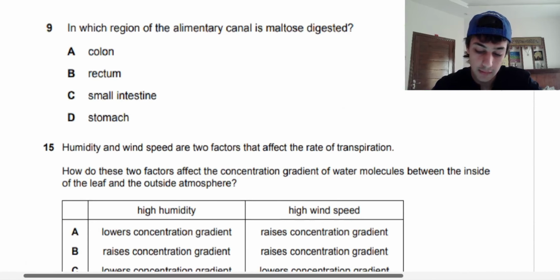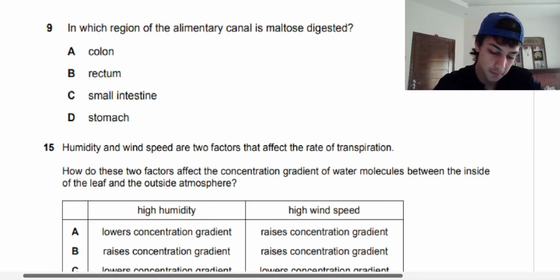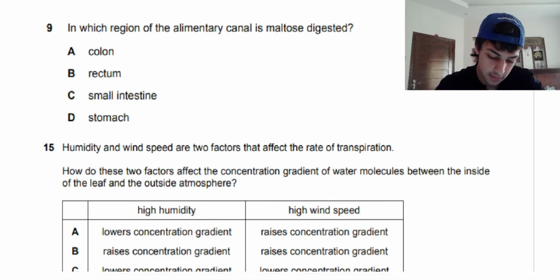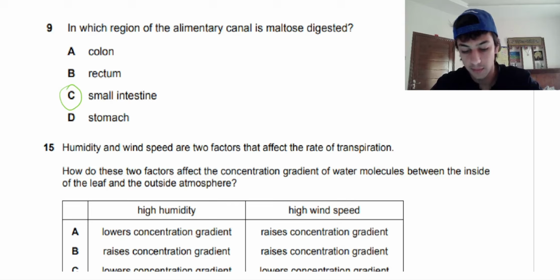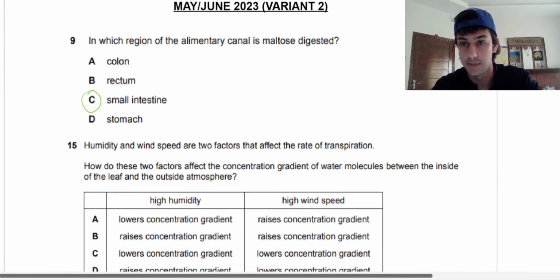In which region of the alimentary canal is maltose digested? So where is maltose digested? We have a bunch of options here. It's going to be the small intestine. Why? Because small intestine has pancreatic juices being released into it, and one of these juices is pancreatic